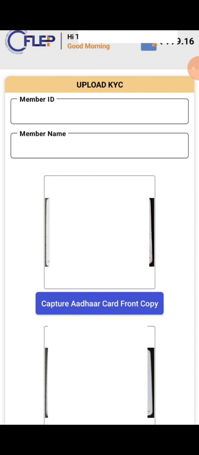Friend, see here, capture Aadhaar card front copy. You have to click this one. Once you click here, you will go to the camera and you have to put your Aadhaar card and click the Aadhaar card front portion. Once you click here, you have to save this one. Your Aadhaar card front portion will be visible here.